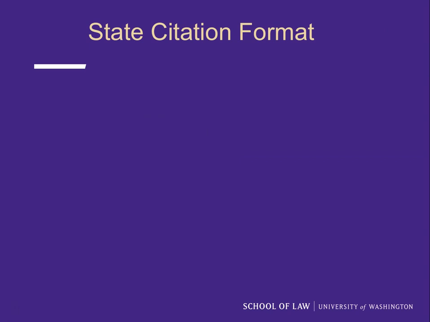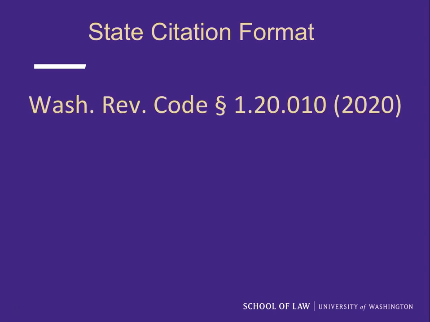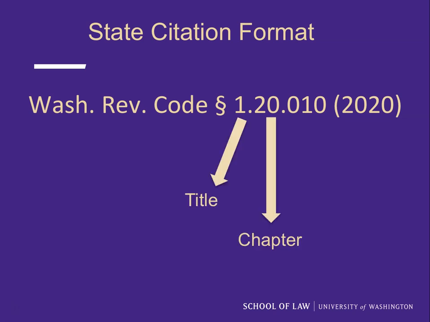Citations to state statutes tend to look slightly different and generally don't follow the same title number, then code abbreviation, then section, then year format. Rather, the format varies based on the individual state code structure. So in Washington, for example, the Blue Book abbreviation for the Washington Code is WASH Rev Code, which stands for the Washington Revised Code. Then we have the section symbol and three numbers separated by periods. The first number is the title, the second is the chapter within that title,